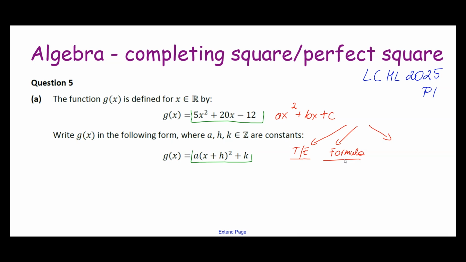There is no point adding another formula, especially as completing the square doesn't come up that often on your Leaving Cert. If it was there every year, I would tell you yes, definitely know the formula because it's handy to know. But since it's not there, then the last option that we can do, and the one I favor,